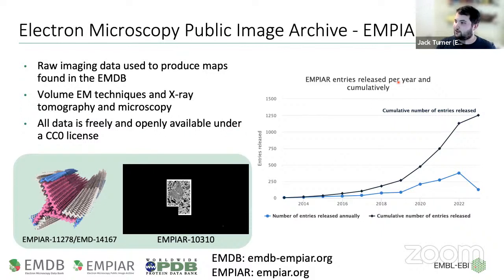In terms of the total number of entries released per year and cumulatively, we can see similar trends to the EMDB, but much smaller numbers. It's not mandatory to deposit to EMPIAR, but we are still seeing quite significant growth at the minute. And the headline figure that we passed last year was 2 petabytes of total data in the archive. And actually, whilst that was a big milestone at the time, I looked recently and we're already at 2.76